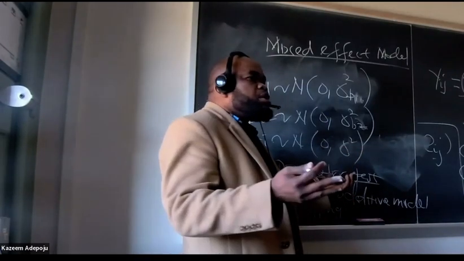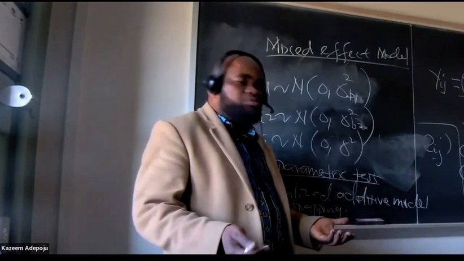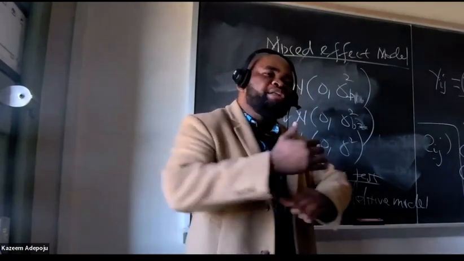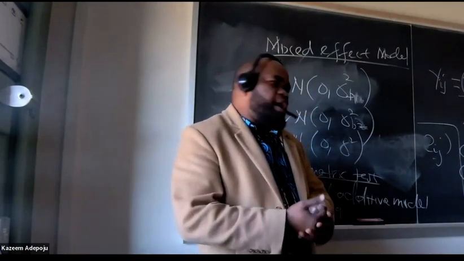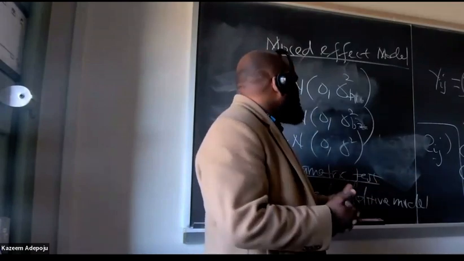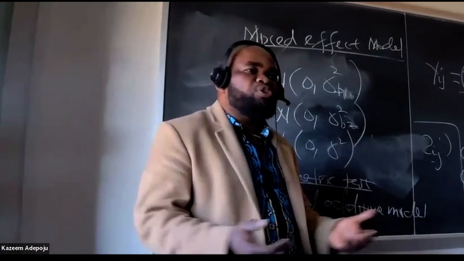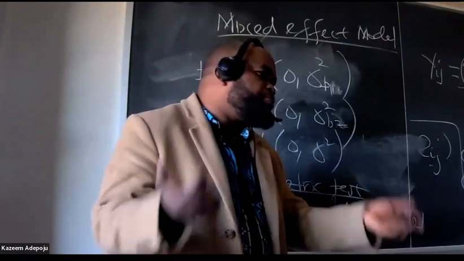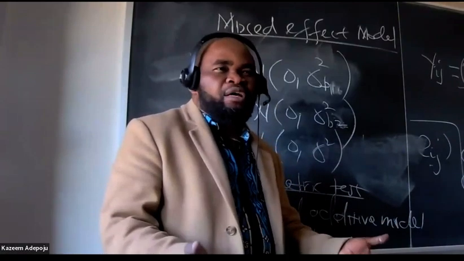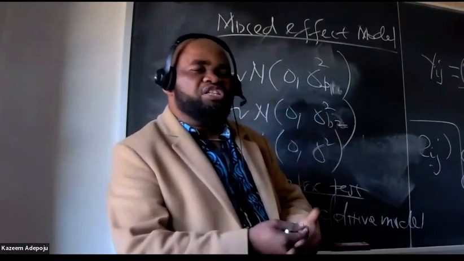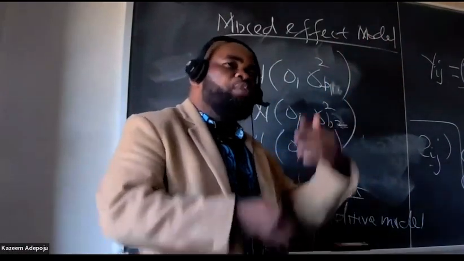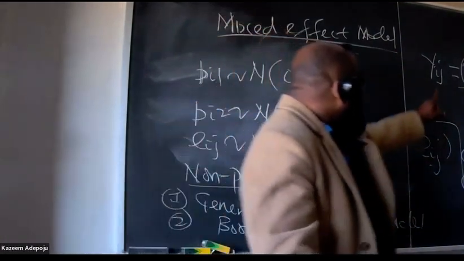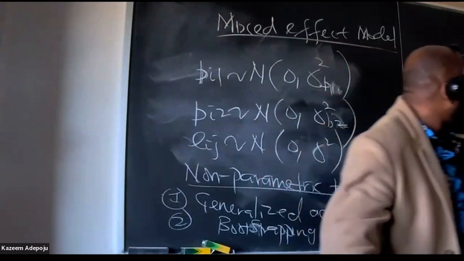Or we can use a robust method that will not assume normality, depending on the nature of the data. I can use a robust method that assumes the underlying distribution follows Laplace, or exponential, or any other form of probability distribution different from normality. But I have to consider the distribution of the response variable before coming up with what the error structure is going to be. Let me tell you this: the distribution of Y, the response variable, is always the distribution of the error.